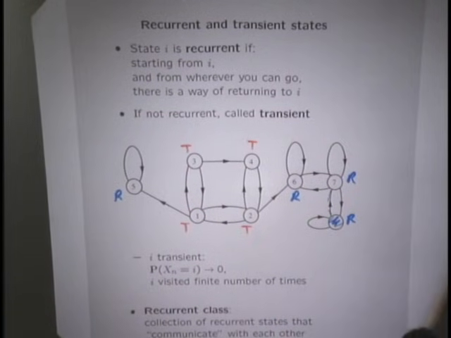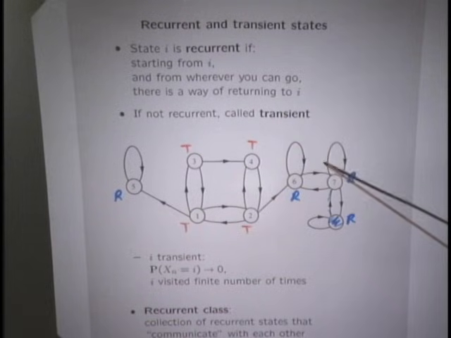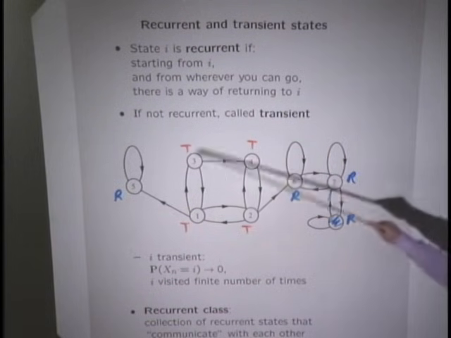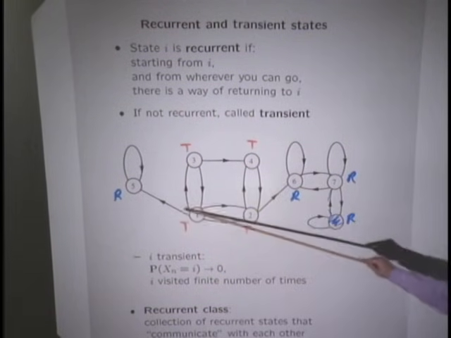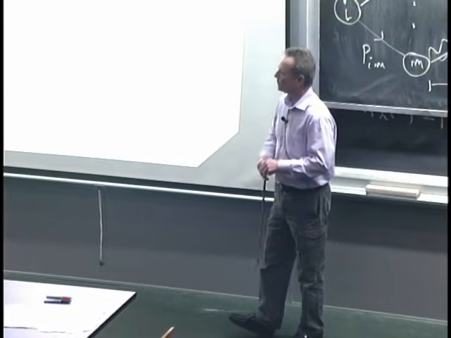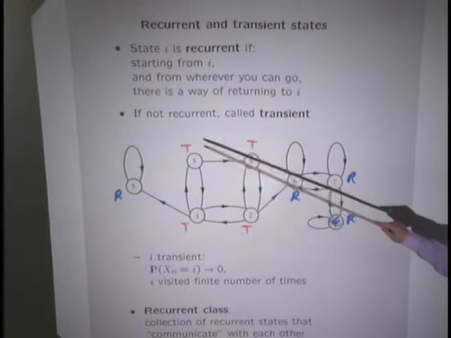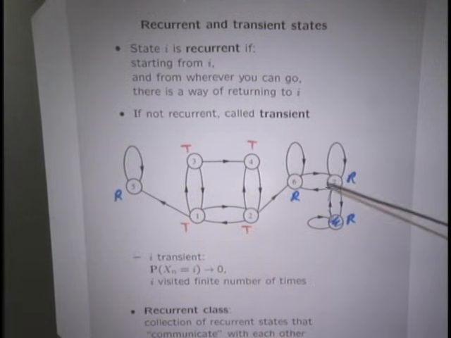Now, if a state is transient, it means that there is a way to go somewhere where you're going to get stuck and not be able to come back. As long as your state keeps circulating around here, eventually one of these transitions is going to happen, and once that happens, there's no way that you can come back. So the transient state will be visited only a finite number of times. You will not be able to return to it. And in the long run, you are certain that you're going to get out of the transient states and get to some class of recurrent states and get stuck forever.